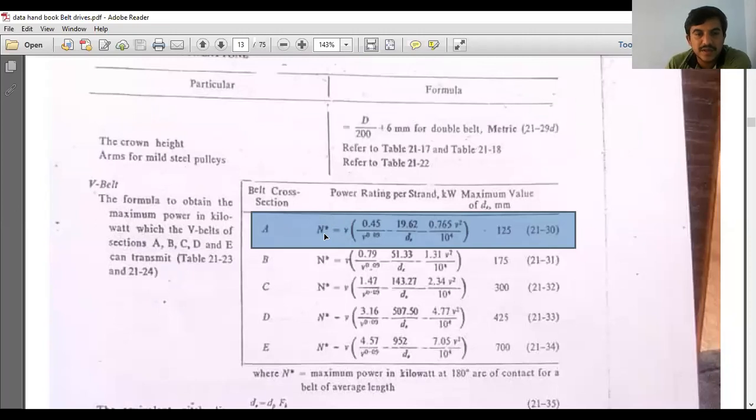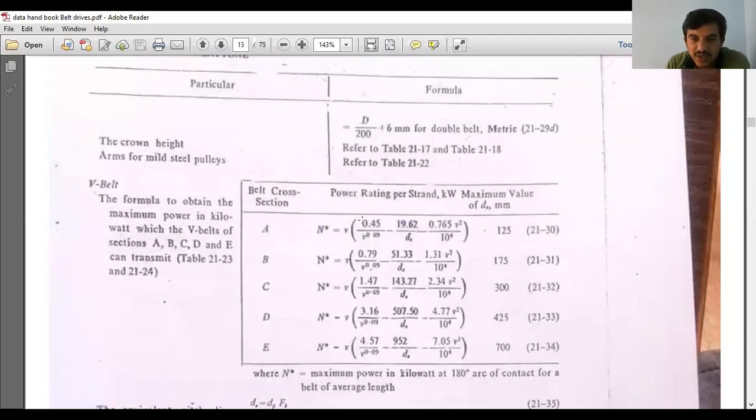Now, for belt cross section A, the power rating or power transmitted per unit belt, N star, is equal to V into (0.45 divided by V to the power of 0.09, minus 19.62 divided by D_e), minus 0.765 V squared, divided by 4. So this is the formula we use for the A cross-section belt.